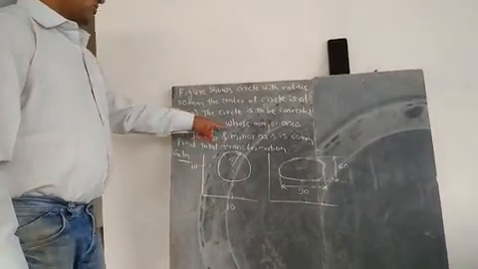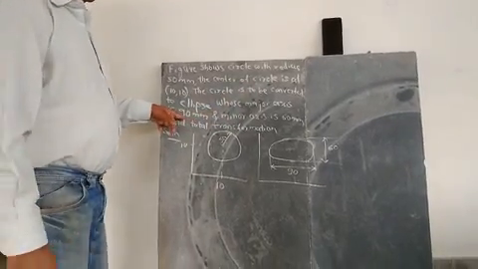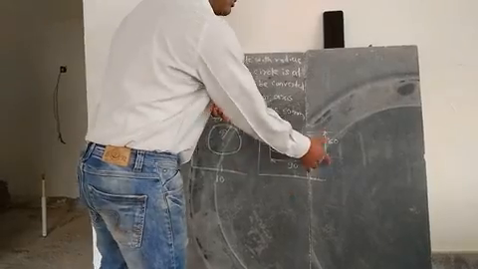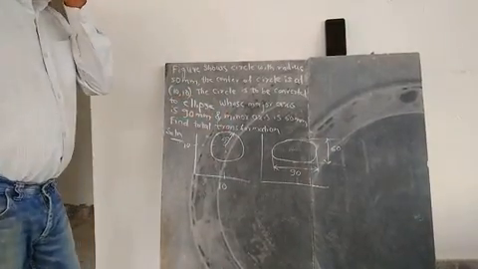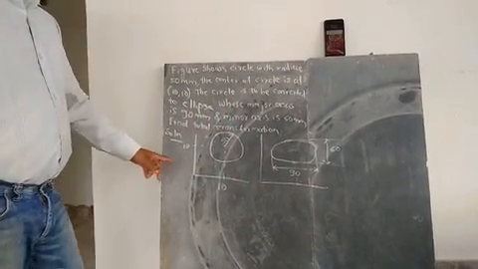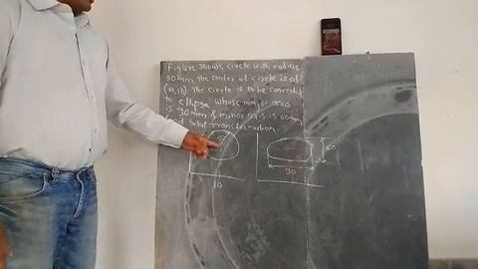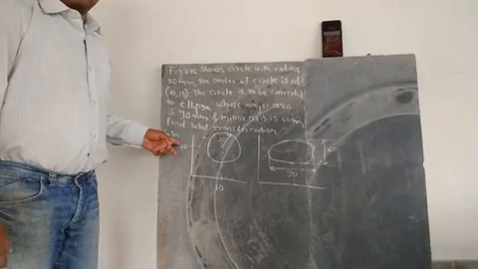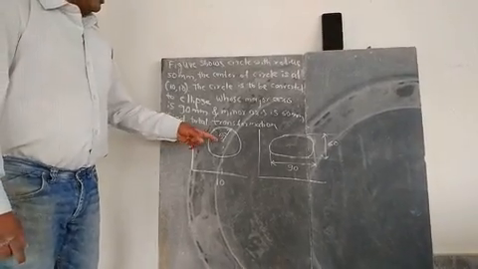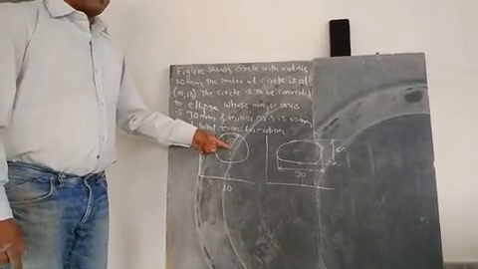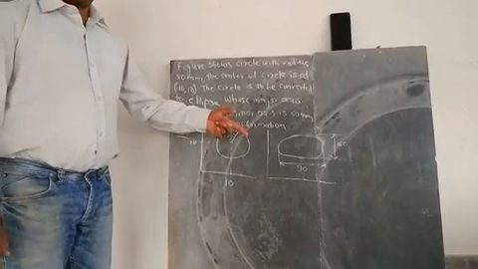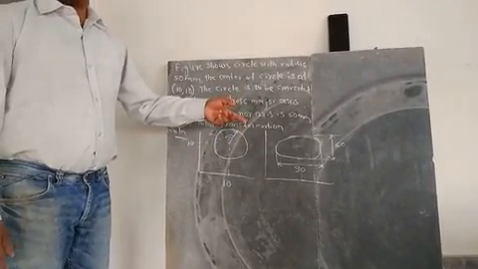The major axis of the ellipse is 90 mm and the minor axis of the ellipse is 60 mm. So how is this to be performed? First, this point (10, 10) is an arbitrary point. We have to bring this arbitrary point to the origin, then perform the operation, and then send it back to its original position.